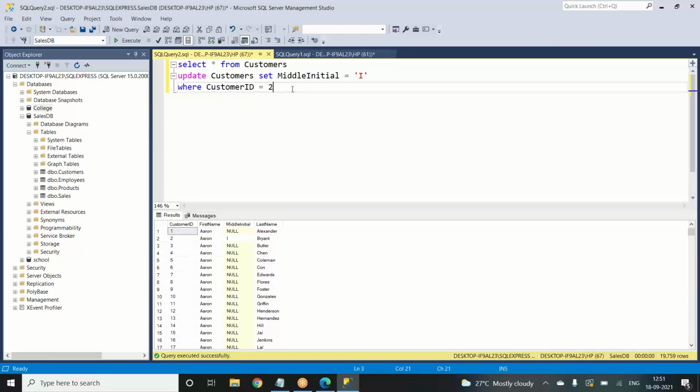If you want to reverse the change, there is something called a rollback, which you have to give beforehand. Let's say the customer ID is equal to 3, and let's try to change it to P, for example.